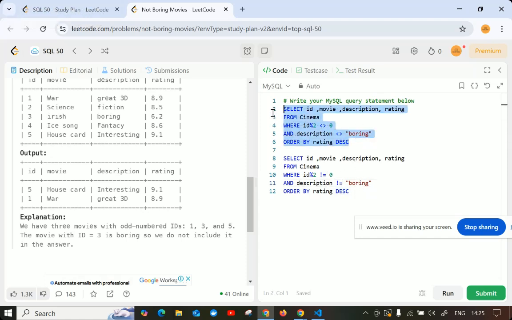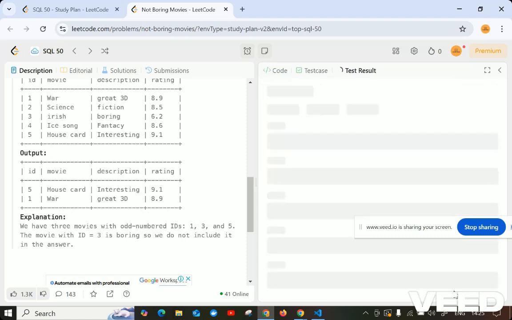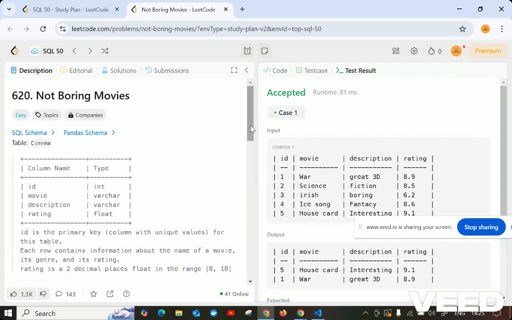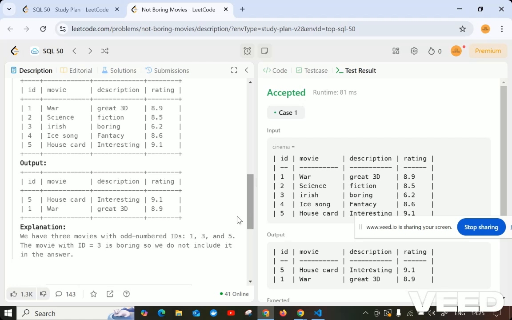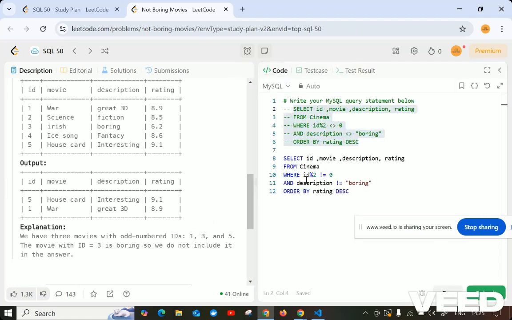Let me comment out this part and run or submit this. That will definitely work. One thing to remember is you can go with an odd number check also, but here I'm using not equal to even, which gives only odd numbers. So this is the solution. Let me submit this. I hope you have understood this simple query.